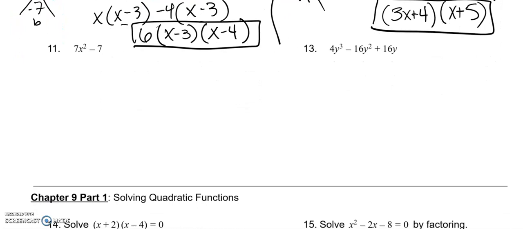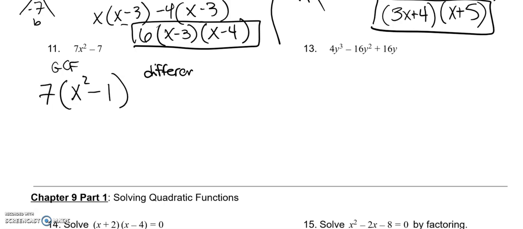Number 11. I would love to say that this one is easy, but this one definitely is a little tricky. First thing I want to think about is there is a GCF. You can take a 7. You can factor out a 7 out of each. 7 times x squared minus 1. Now, here you might say I'm done, but